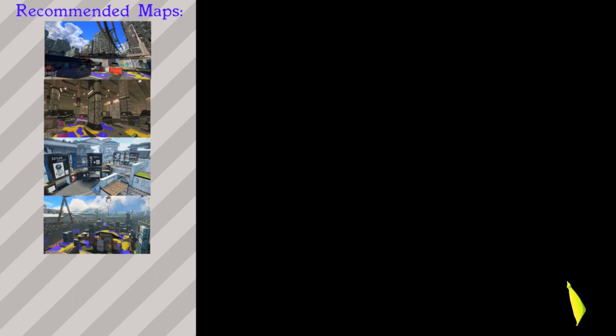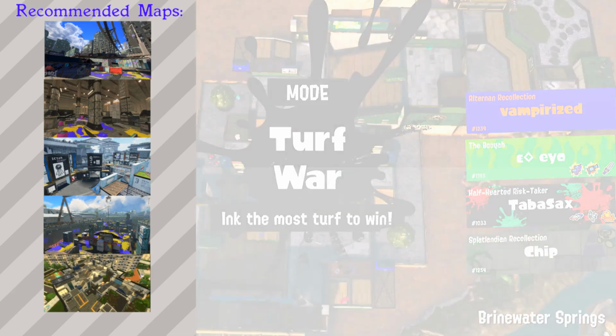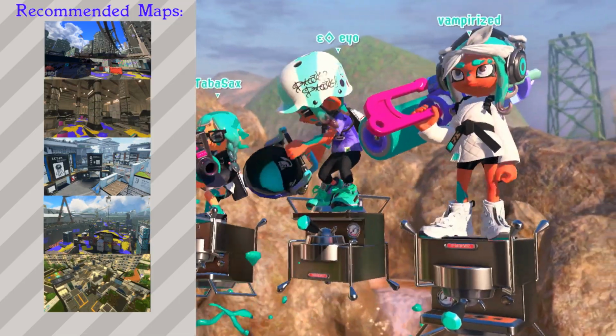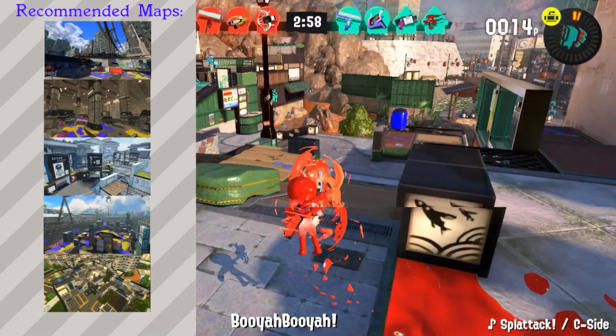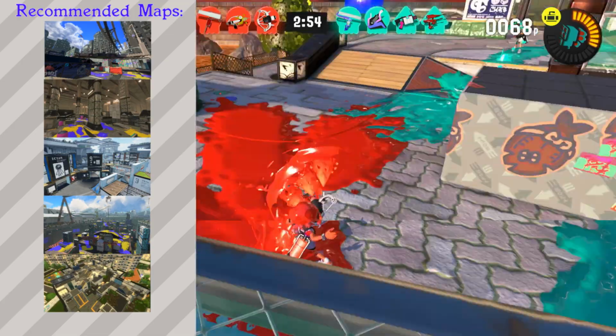The next stage I would recommend is probably going to be Flounder Heights. Flounder Heights is good because there's so much verticality that it has the opposite effect. And while yes, long range weapons do good on this stage, they don't overstay their welcome. Shorter range weapons, while they can't easily shoot up and down the walls, and they can't shoot long range as easily,